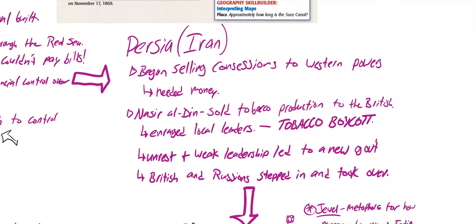So Persia, which is modern day Iran, it used to be called Persia, began selling concessions to Western powers because they needed money, like anyone else. And what we mean by concessions is they're selling land, or they're selling pieces of property that can be used for whatever purpose they wanted to use it for. And the Europeans, or the British in particular, were looking to have a concession for tobacco in Persia. So Nasser al-Din was the leader of Persia at the time and sold tobacco production to the British,